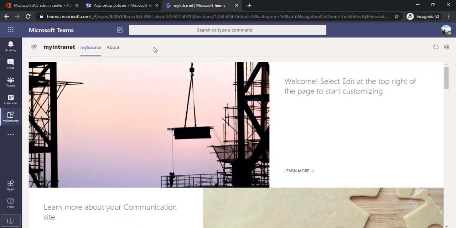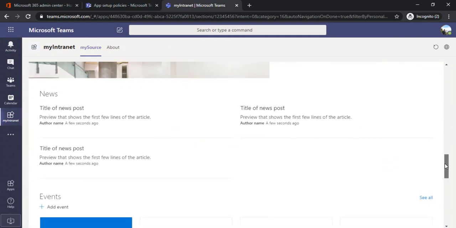Alright, so when you log in the next time, you would find this My Intranet tab appearing at the top. So this is how you can enforce all your company members to see the intranet at top, and under this intranet tab, the people would be able to see the intranet.